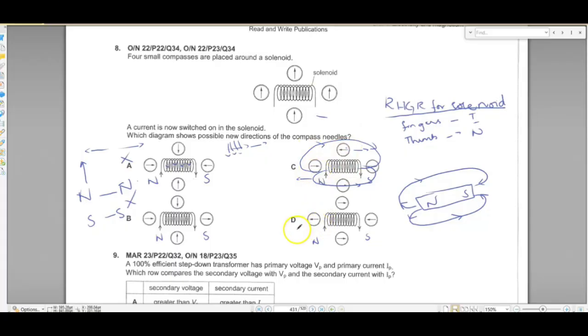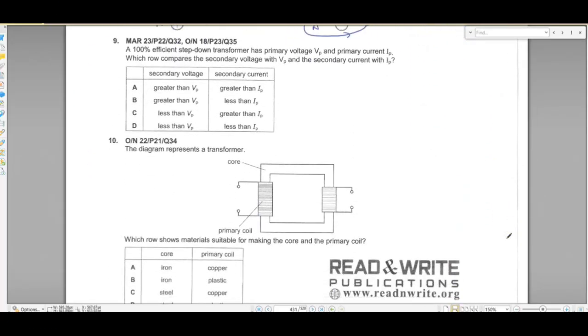Okay? And obviously option D is the only one left, but let's look at it. Now, the magnetic field line starts from north, so this is pointing in the right direction. It goes over here, so this is pointing in the correct direction, and it moves to the south. So this is also correct. And if you see, it has started to move outwards and it goes like this and then inside. So all the compass needles are correct in option D, and this is the method we use to find that out.